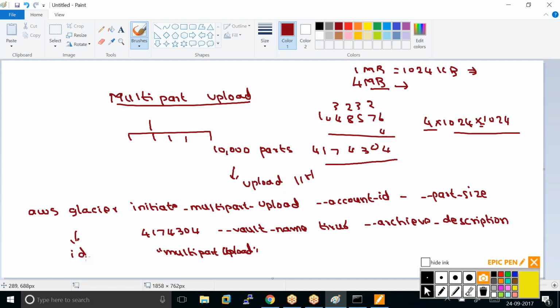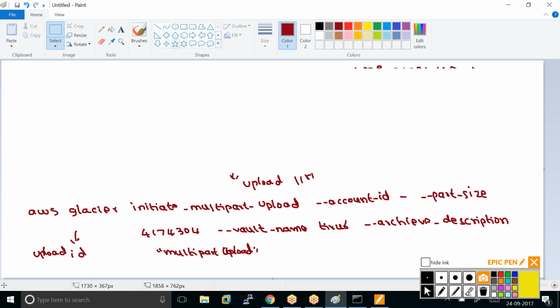After that, you only need to go for upload. Once you initiate, the upload ID will be created. Once again, it will be an ID of around 80 characters. Here, the command to upload a particular object is AWS Glacier